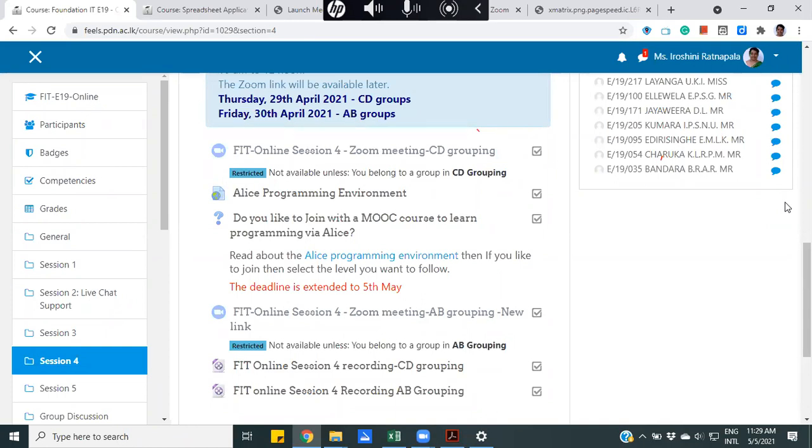I don't know whether you have learned visual programming. Yes, if you have done Java, and if you know the programming concepts and basic things about programming, you can just select the intermediate.